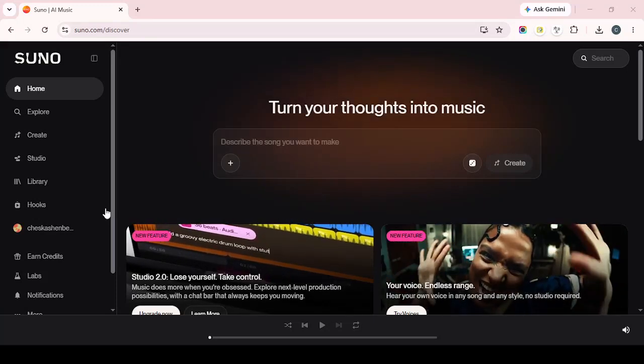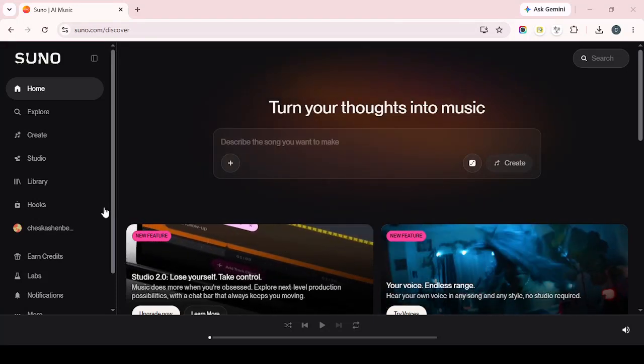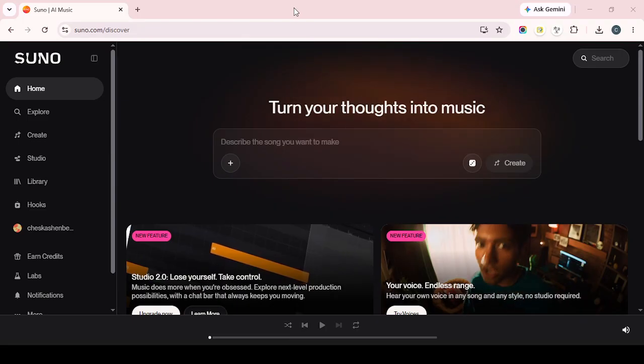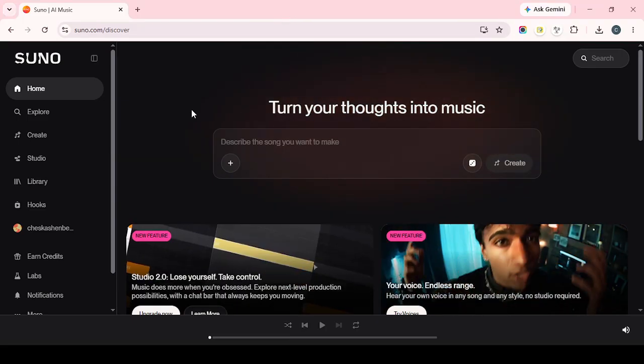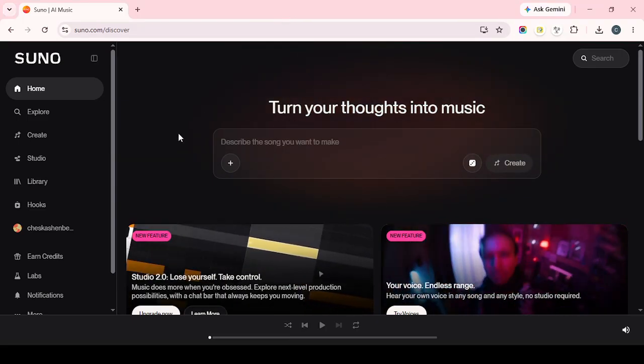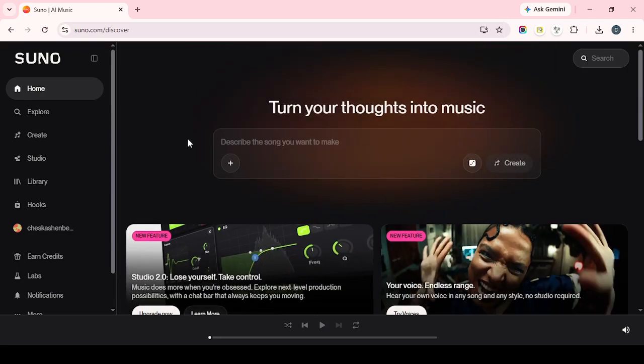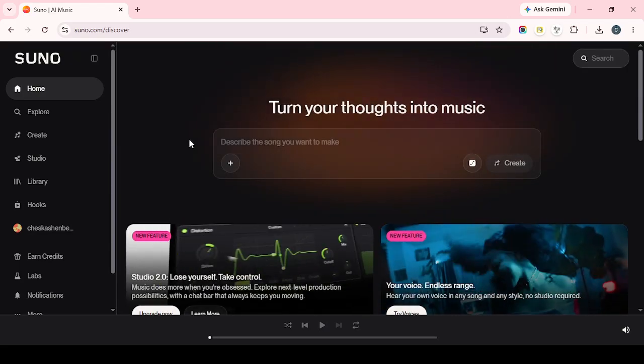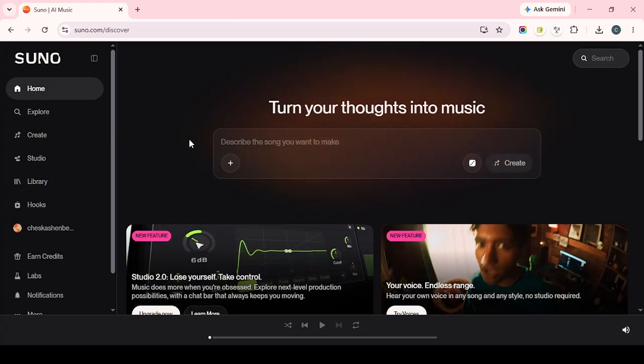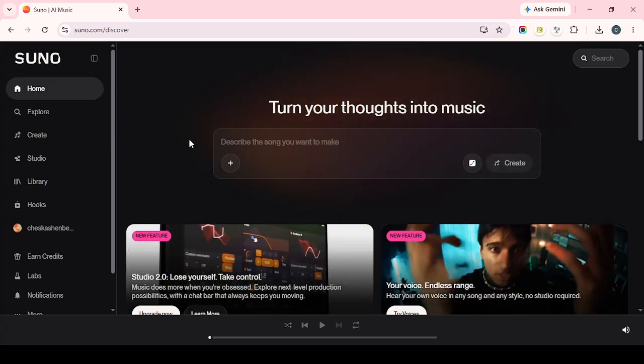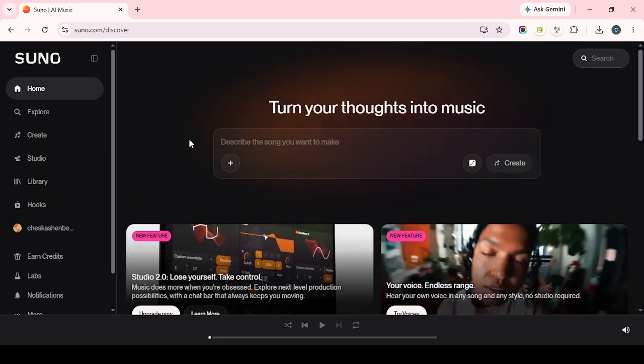In today's video, I'm going to teach you how to download a Suno track as an audio file on your mobile device. If you want to save one of your tracks directly to your phone so you can listen to it offline, share it more easily, or organize it in your files, this process is very simple. I'll walk you through it clearly so you can follow along whether you're using the Suno app or opening Suno